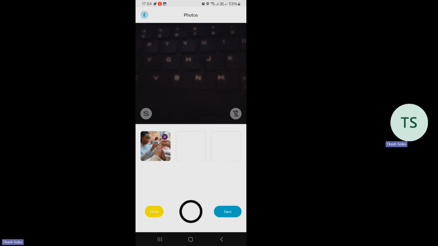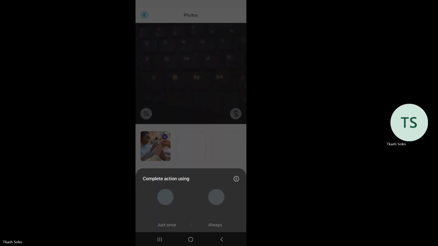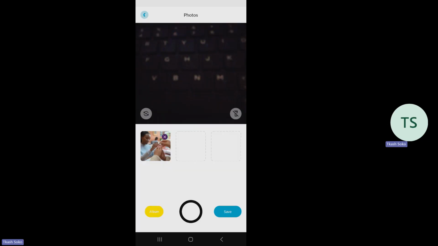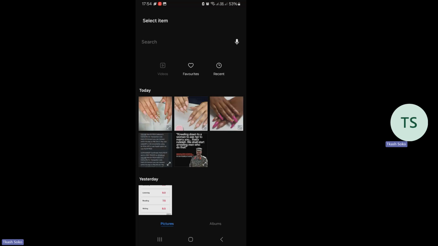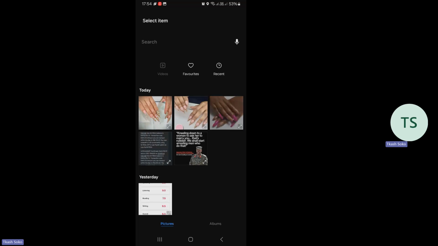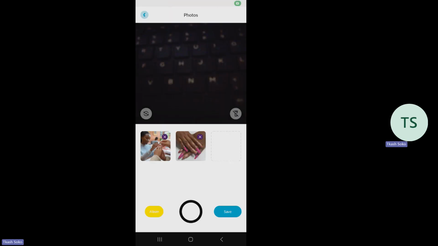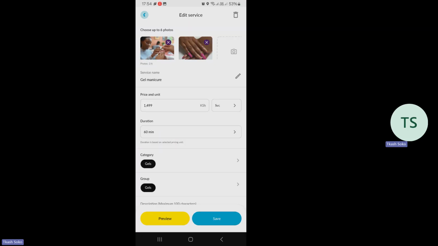So I'll just go to album under the gallery. So once I'm there, then I can pick perhaps say this option of the photo. And now you can see that it will have two photos. So I can save that information. So now the service will have two photos.